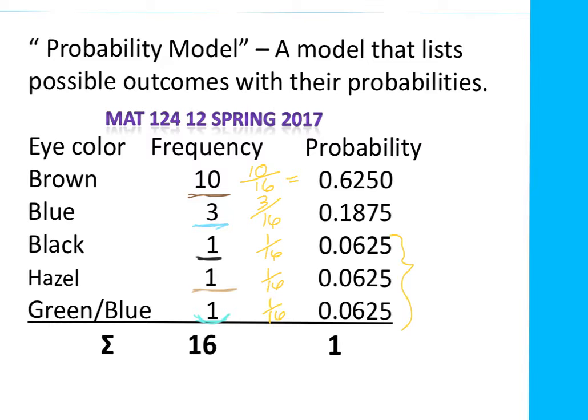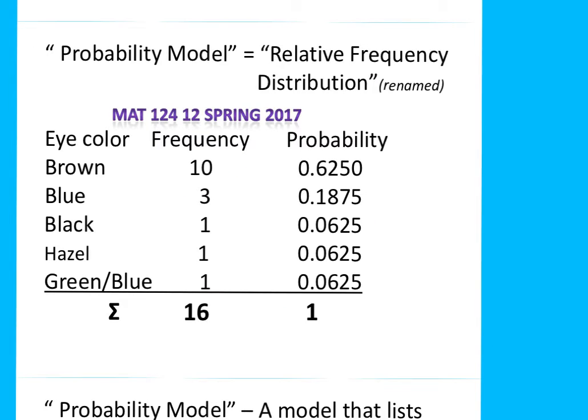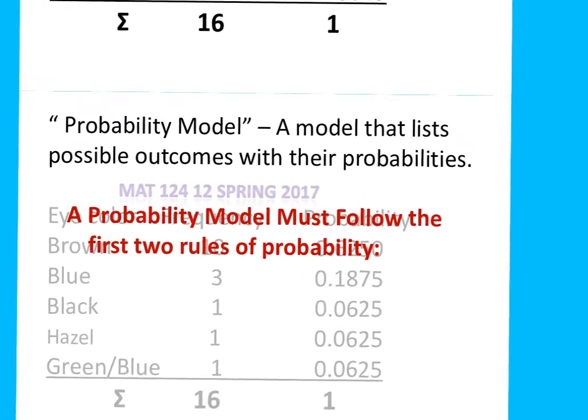And if you add those all up, you'll get a probability of 1. So if you randomly choose someone from that class, you will randomly choose someone from that class with one of those eye colors that they listed. Definitely. And actually, this should look very, very familiar. In fact, a probability model is just another name for a relative frequency distribution. Okay, so the thing to remember about a relative frequency distribution, or let's call it a probability model because we're studying probability at the moment,